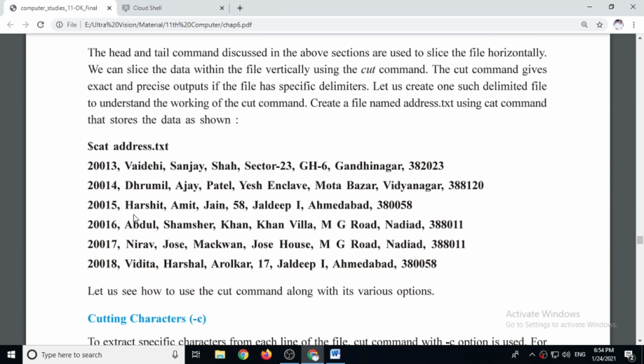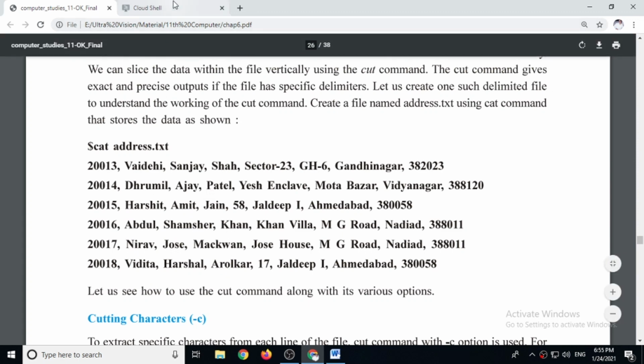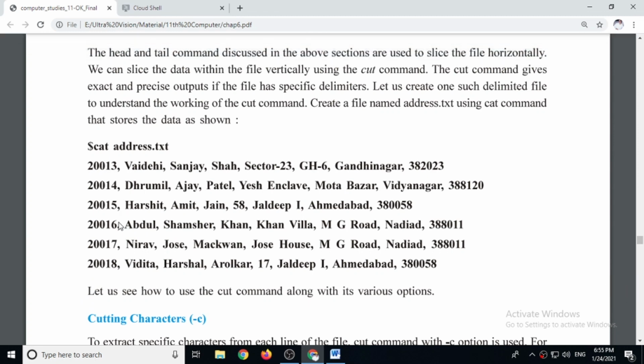So in this file, comma we are taking as delimiter. It means this number becomes first field for each and every row. Then name becomes second field, then father's name, and then surname becomes next field. So this way field wise we can display information. If we give -f 1,2, it means it should display first and second field.